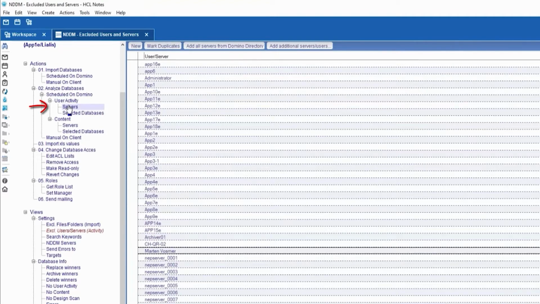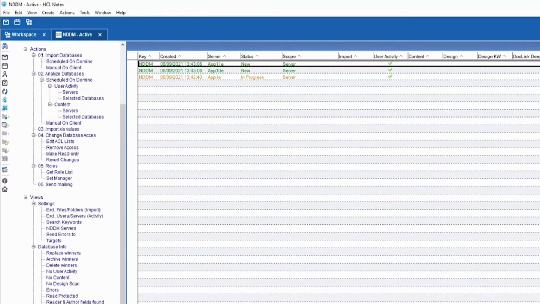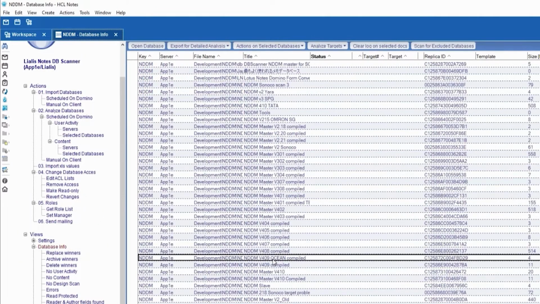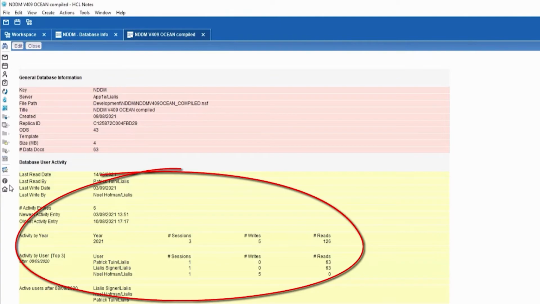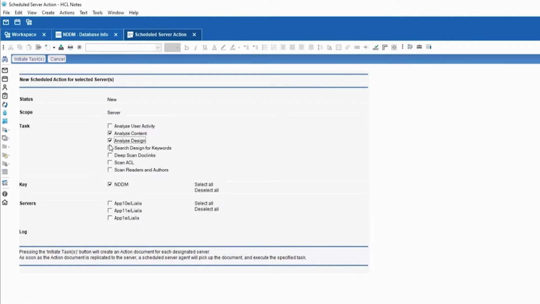The user activity scan runs parallel on all servers. The admin can sit back and wait for the results to come in. Normally this takes an hour or so. The user activity scan is then followed by a Notes database content scan, the third step in the process. This is done in the exact same way. The content scan takes a few hours to max 1 day for very large Domino servers.